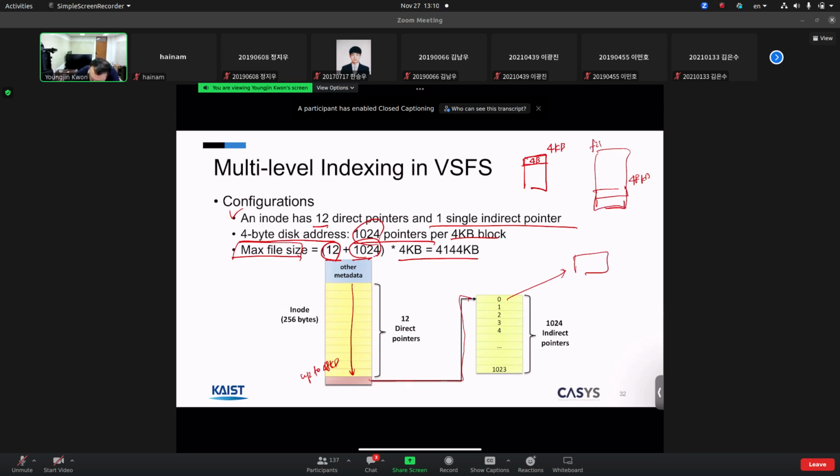And the second block here is pointing to this one, etc. Okay. So this is working well in a general file system, because when you are looking at the file system, in terms of number of files,